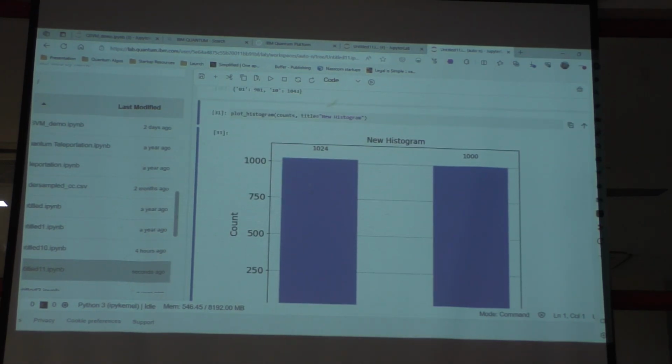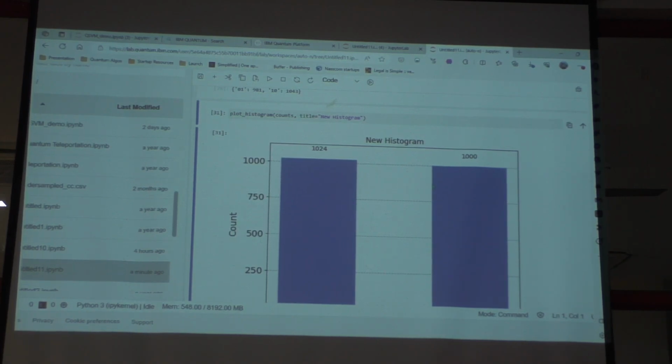So it is 1024. So this is essentially your first step to build a simple quantum circuit and run it on a simple simulator. And this is just the starting point.